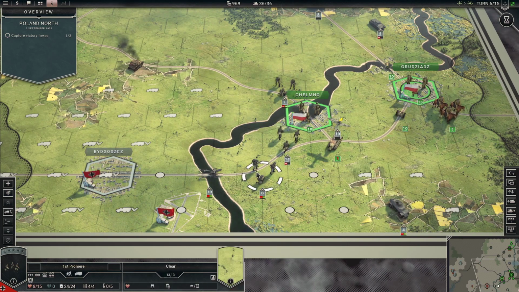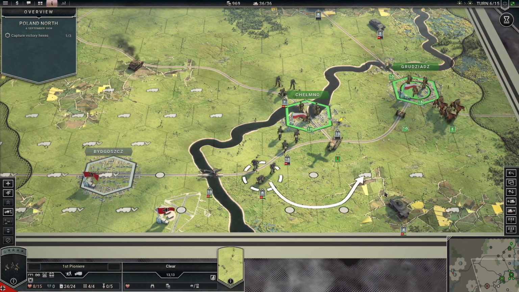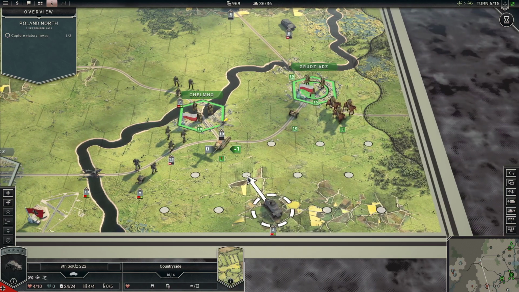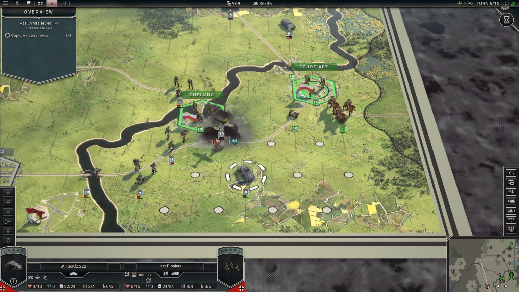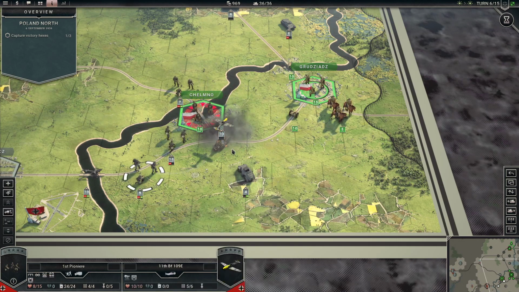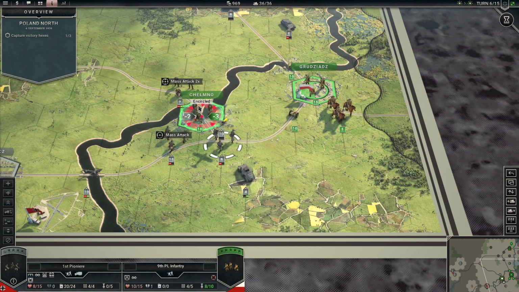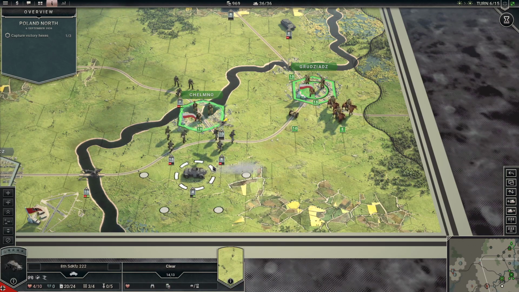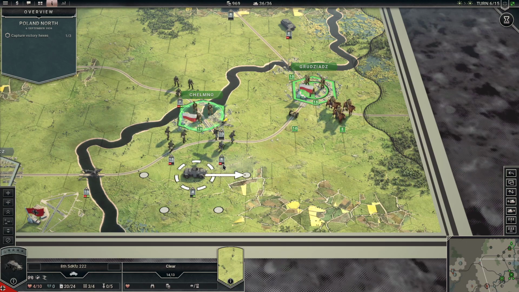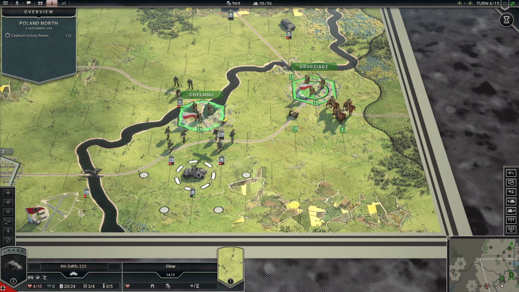I am going to have to move this one out of the way before I can use my artillery. Let's see what we can do here. That works. So we got, yeah, see, Chelmno's encircled. So you can encircle the whole city, which is awesome, because it's not a supply point. And I'm going to move,